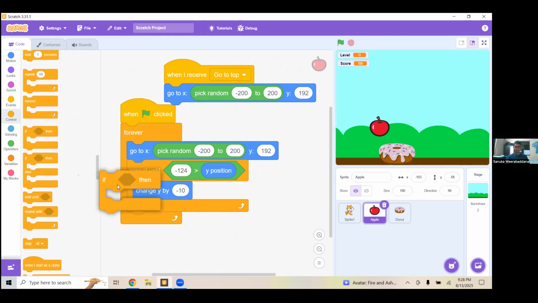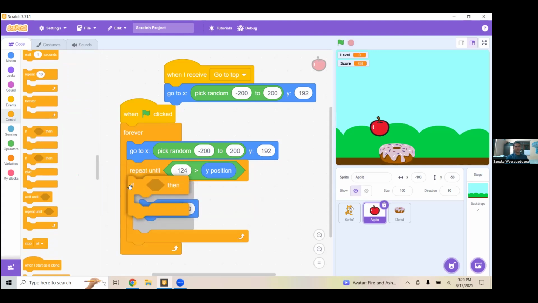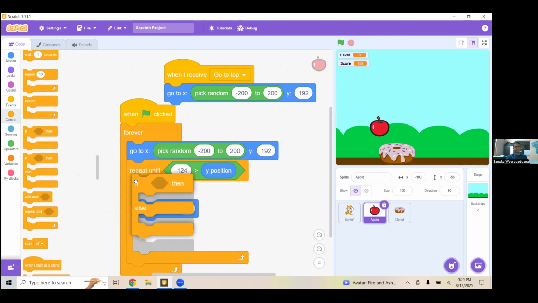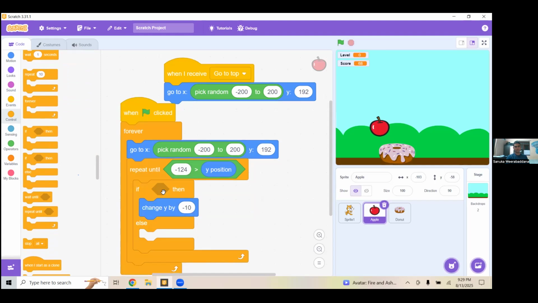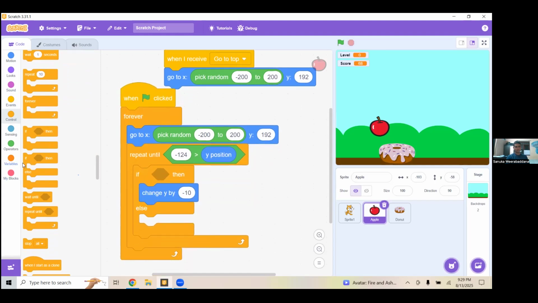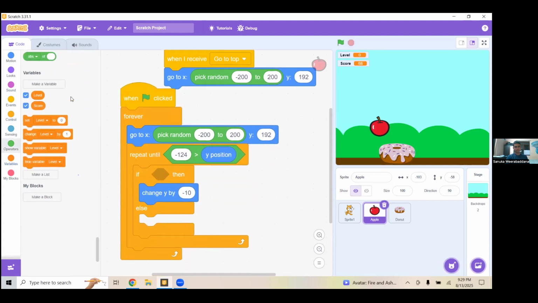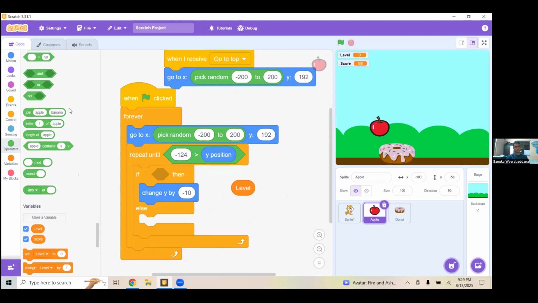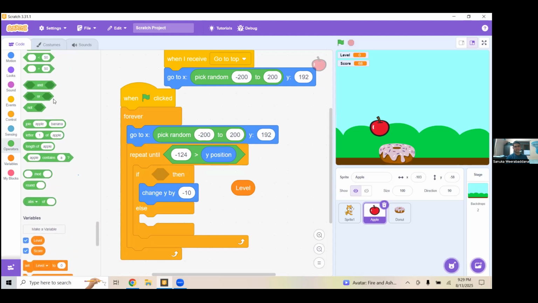So if something, I'm going to put else because we are having more values now. If the level, I'm going to get this variable. If the level is equal, where's the equal sign? Is means equal now. If the level is equal to 1,